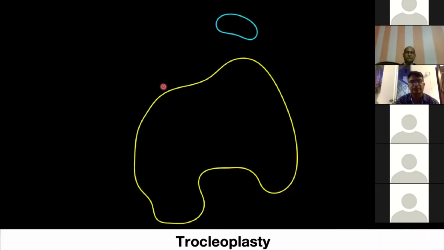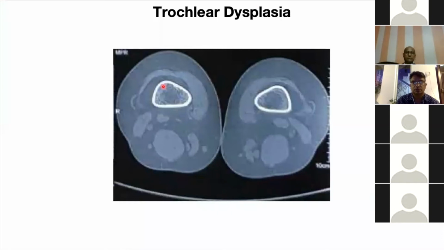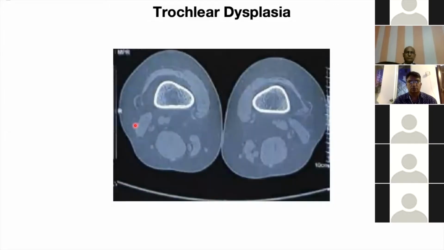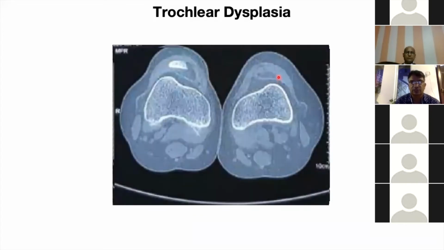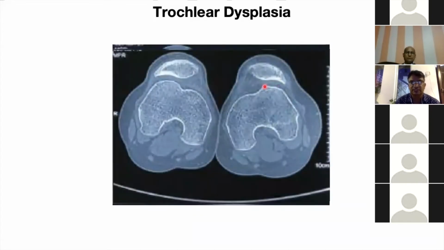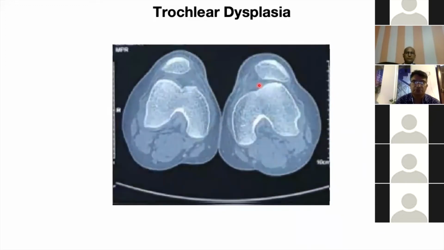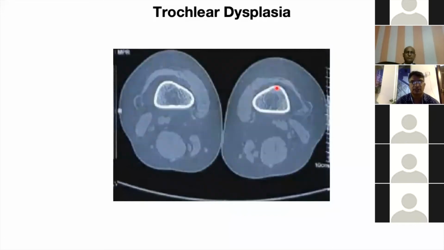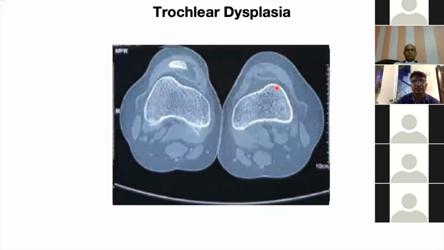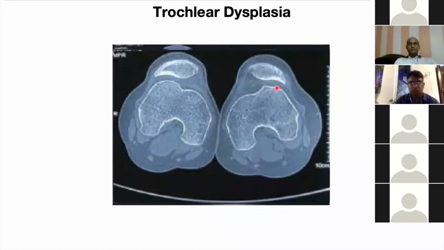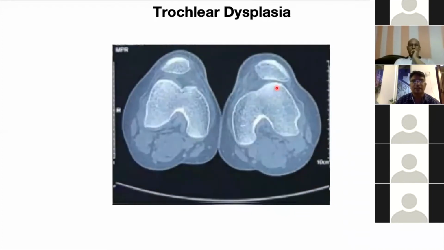If you see this dynamic CT scan, you see that as you go gradually, the patella is coming down and the patella is hitting the bump. And this bump is not allowing the patella to fall into the sulcus, rather it throws your patella back to the lateral side. So the trochlear dysplasia is one of the bony causes which is very, very important to identify and